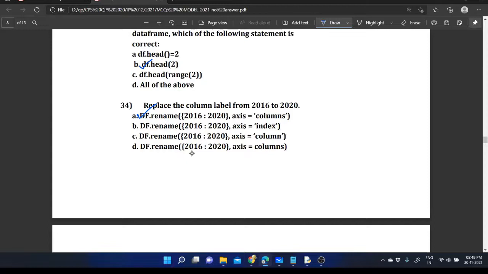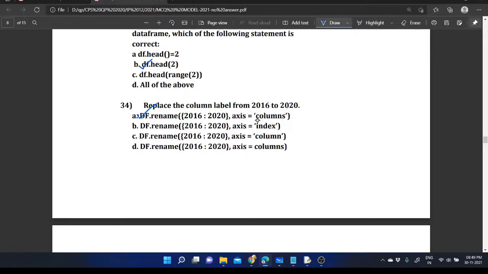So what's wrong with this particular statement? df dot rename within brackets 2016 colon 2020 comma axis equal to columns, and here 2016 colon 2020 comma axis equal to column. They are providing certain options like that. So what is wrong with the last statement?